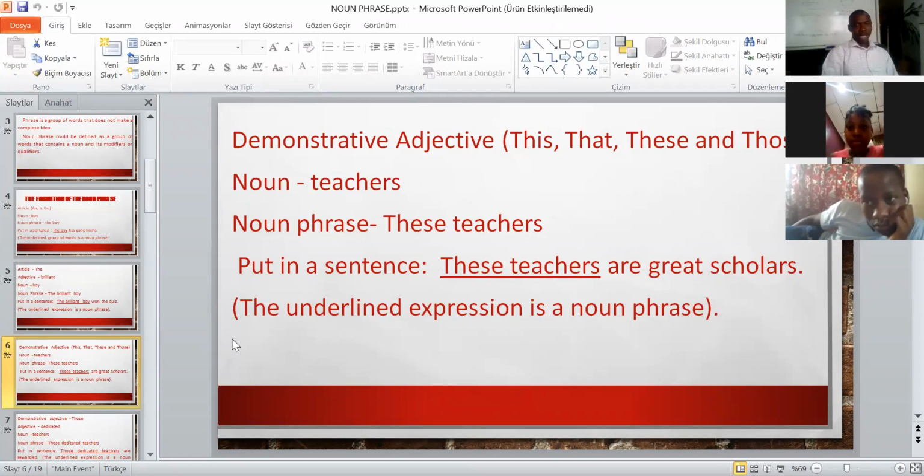So the first one we had, article plus a noun, gives us a noun phrase. We have demonstrative plus a noun, which gives us a noun phrase. Take another slide. Demonstrative adjective, those. Then the adjective is dedicated. Then the noun